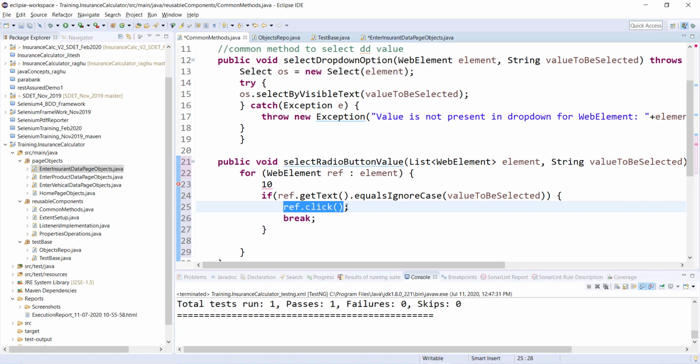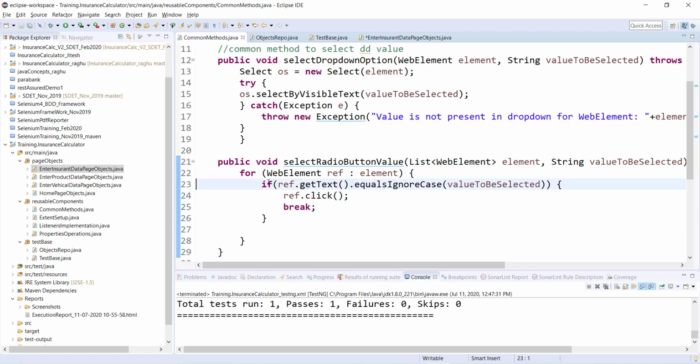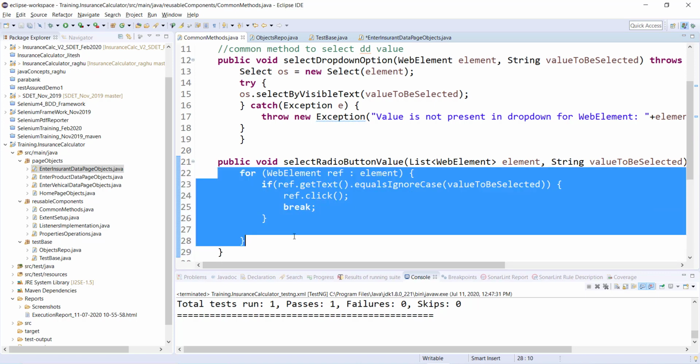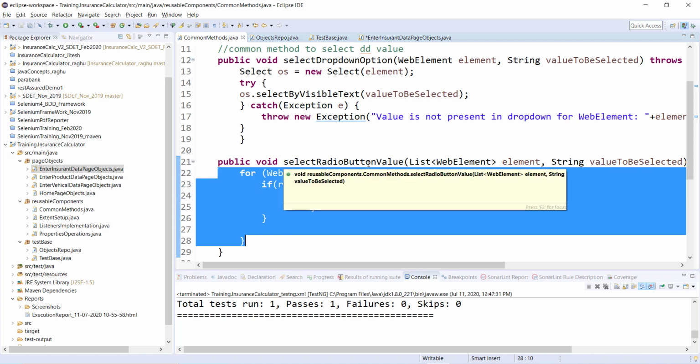But if you don't have this break, it will again go to the third loop and check, the fourth loop, check, the fifth loop, check. So ideally we should break out of the loop if my condition is successful. That's why I have added a break statement. That's pretty simple, that's all the code I need to write for selecting the value for the radio button.